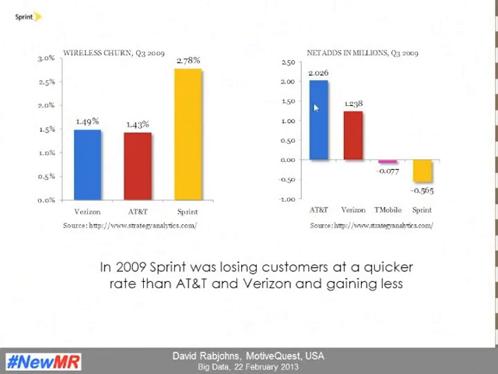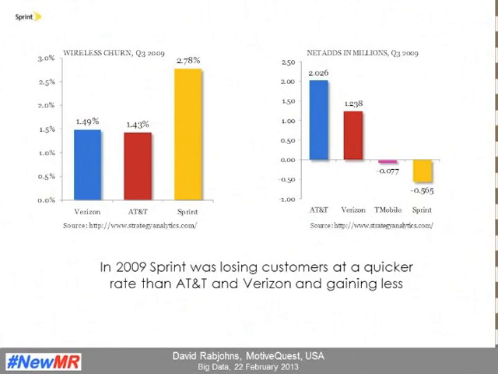versus AT&T in blue, who were gaining 2 million clients a quarter, and Verizon over here, who had a big campaign around their coverage, gaining about 1 million clients a quarter. So it was a pretty dramatic time, and Sprint had done a lot of market research when we came along. They'd done a lot of traditional research looking at communications messaging. They'd done lots of conjoint analysis on pricing. They tested lots of different promotions. But none of the activities they were doing were able to change this high churn and this share